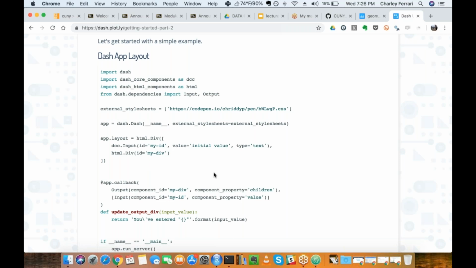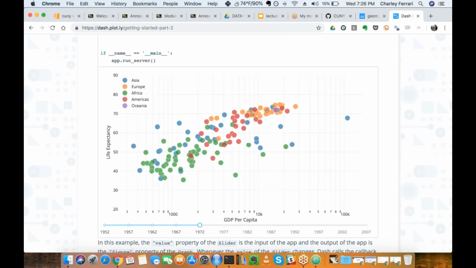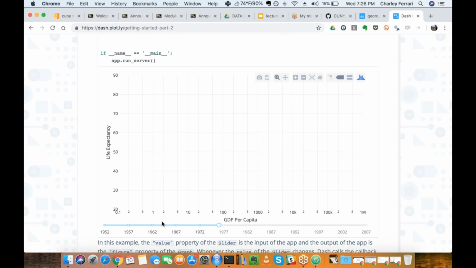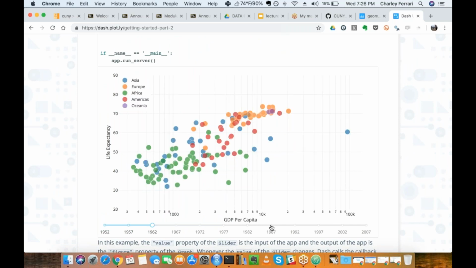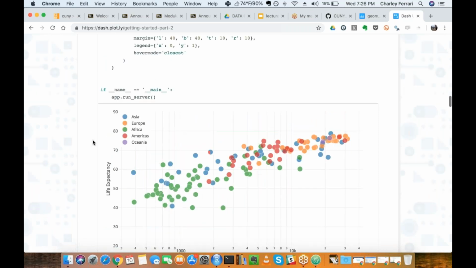But one could imagine, like I've designed apps like this before, where you're changing the style of a component rather than the children. Or the more traditional use case, you're changing a graph, or you're creating a graph when you make some sort of selection.